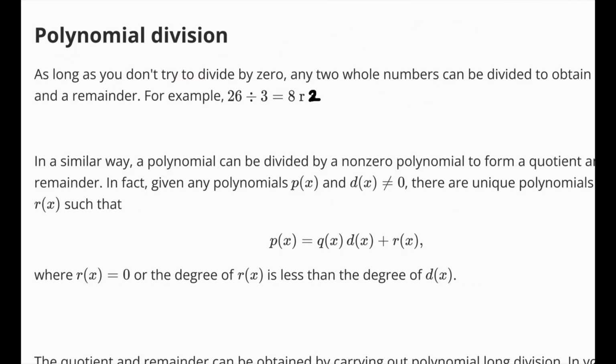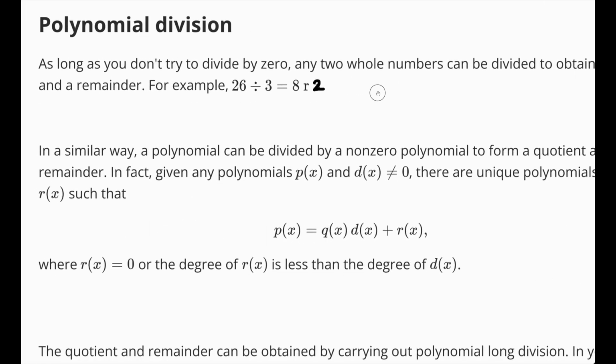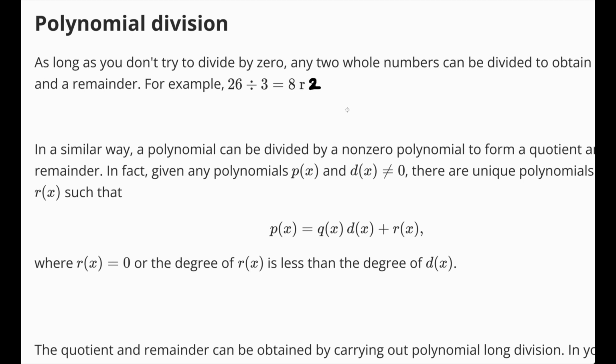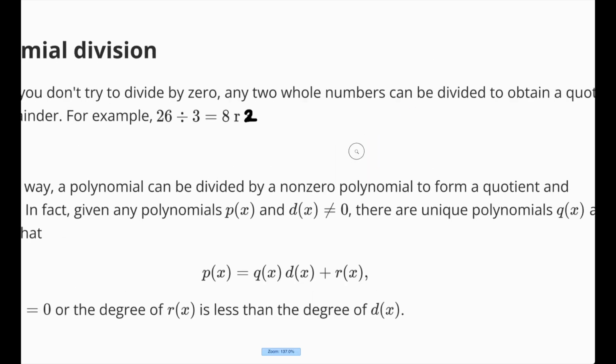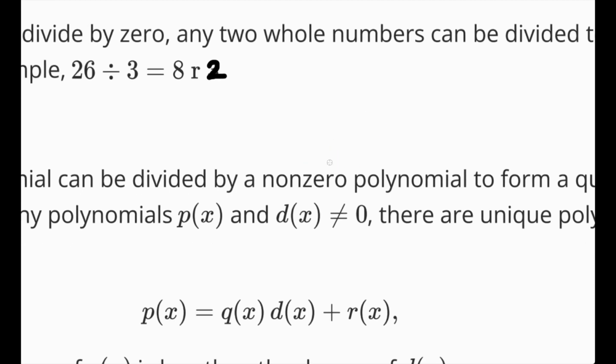As long as you don't try to divide by 0, any two whole numbers can be divided to obtain a quotient and a remainder. For example, 26 divided by 3 is equal to 8 remainder 2. Now, where does this 8 remainder 2 come from? Hopefully this kind of rings a bell from elementary school because it's essentially what this section is going to be about. So 26 divided by 3, if you remember from elementary school, you can write it as 26 like this,